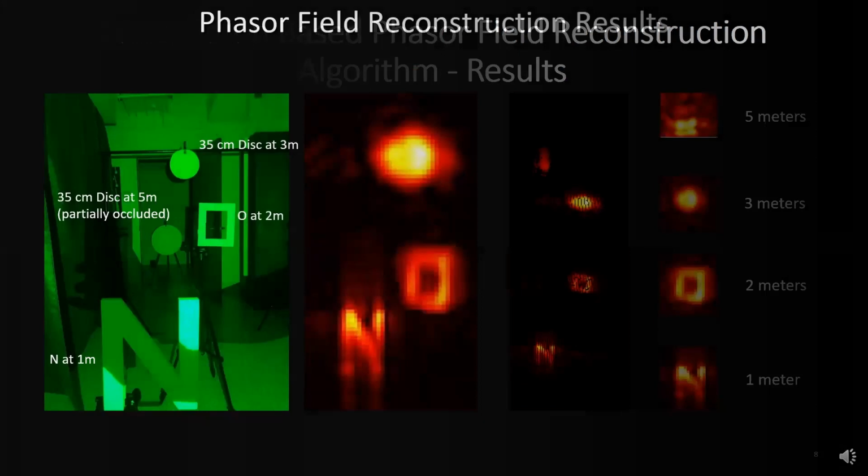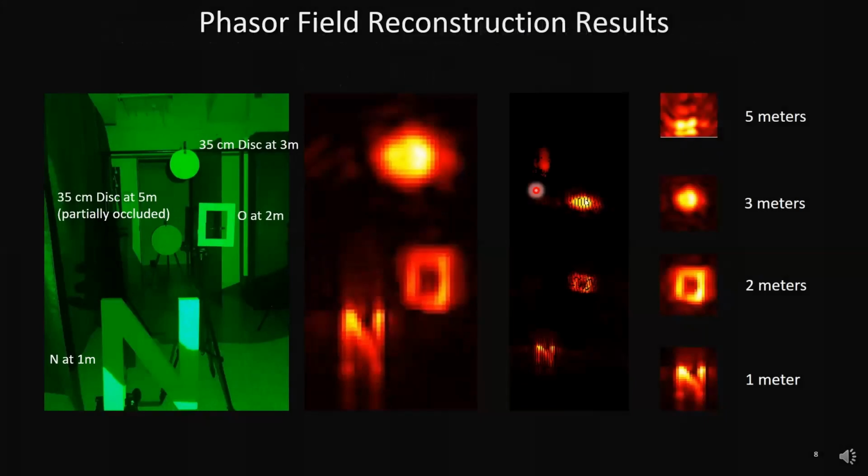So basically, why did this take so long? There are two reasons for that. A is that it just took a long time to compute the reconstructions, as was said earlier, that there's a little bit of computation involved. So in order to make this faster, we had to speed up the computation. And the second one is it took a long time to collect enough light, to capture enough photons, to actually have enough signal to reconstruct the scene. So in order to make this real time, and this paper that came out this year was about making a real time imaging system, we had to solve these two problems.